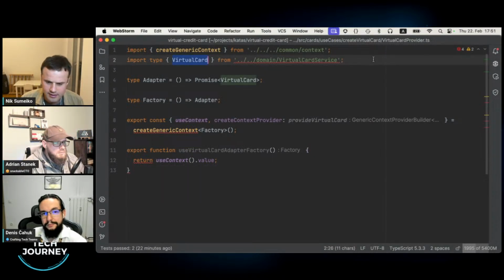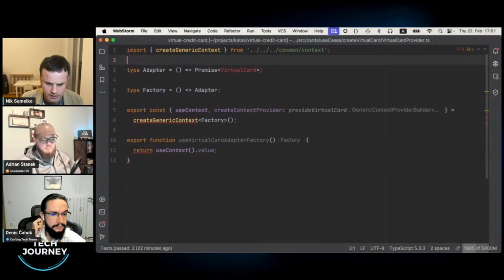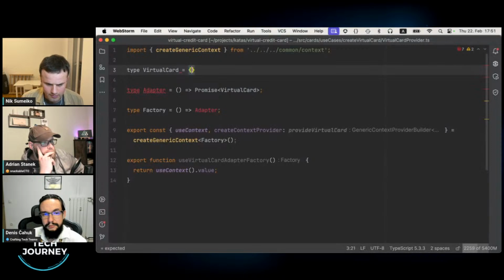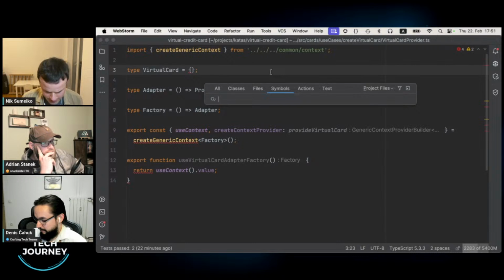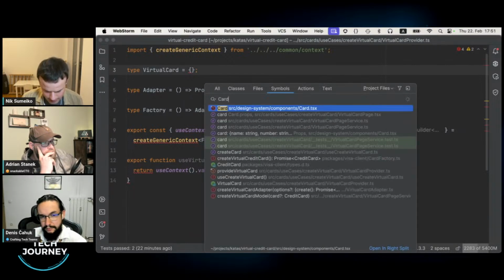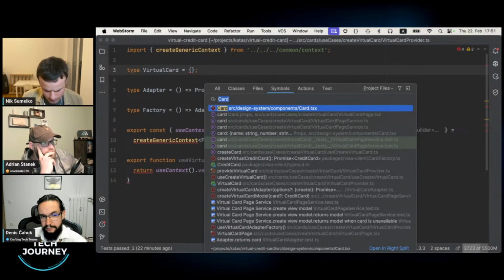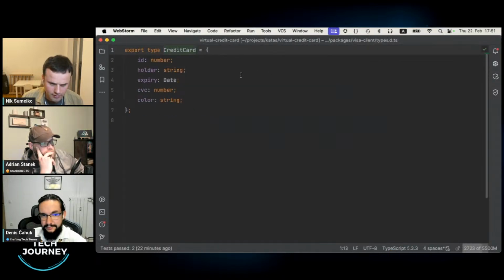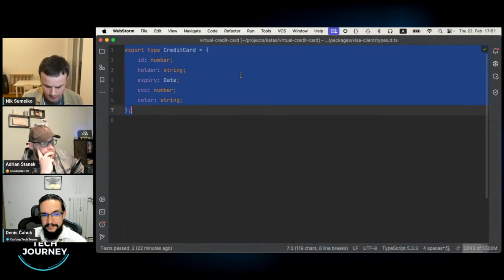And let's say we can even not use these, but create here another type. And this type will be similar to what Visa provided us. It was called credit card from here. So let's copy this one.